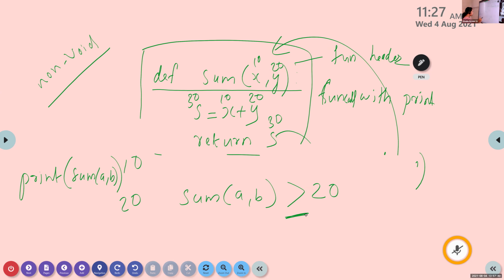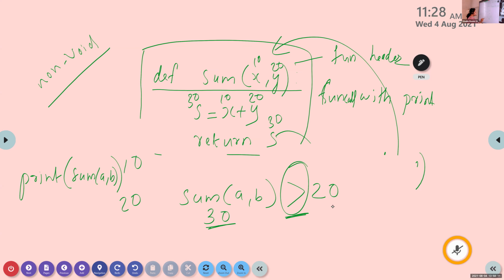Okay. In this situation, the result, that is 30, is calculated with or compared with the value 20 using this relational operator. Okay, so we can use function call statement with relational operator. In this situation, after executing sum of A comma B, the result is stored here and this 30 is compared with 20. Okay.